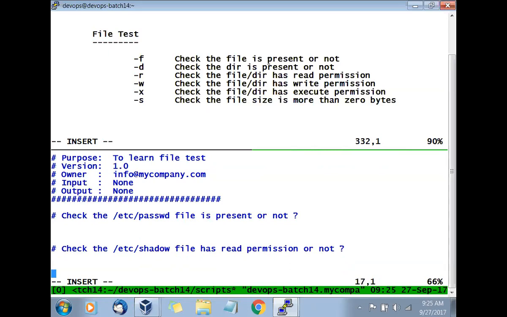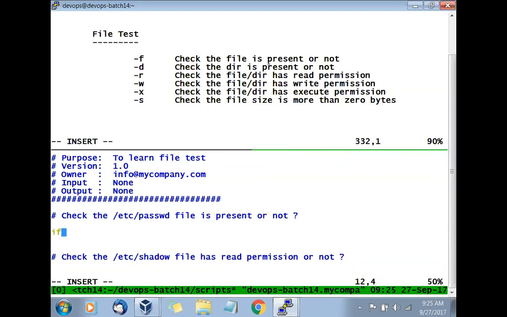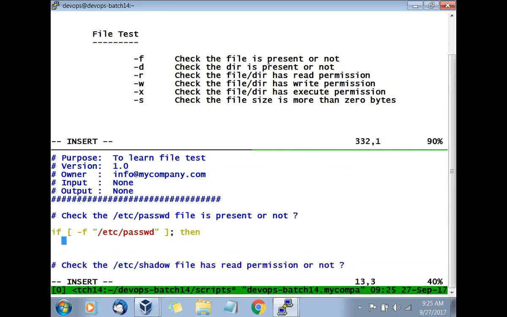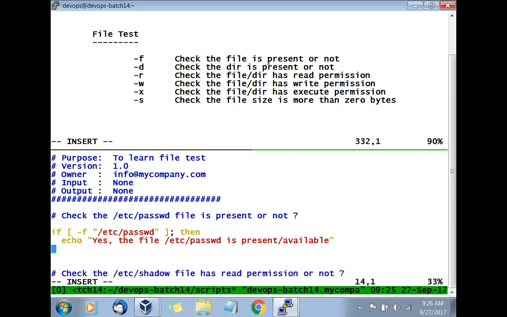We will do these two tests. Okay, so let's go one by one. So first say if -f to check the file. Which file? Password file. Hey, is the password file available? If it is true, it says yes, the file /etc/passwd is present or available. And I'll say fi.